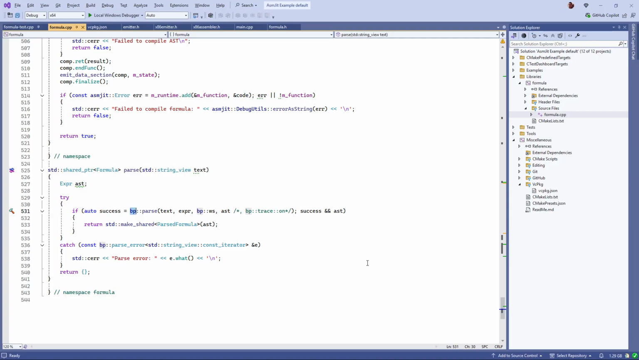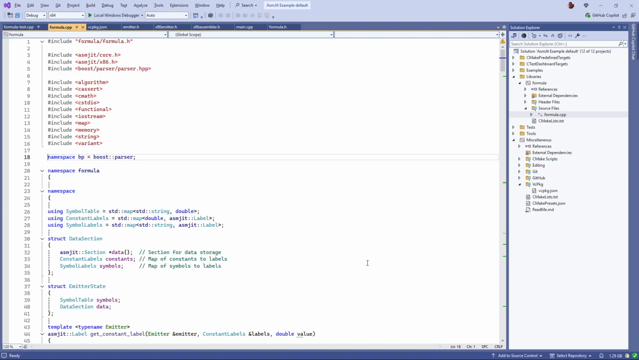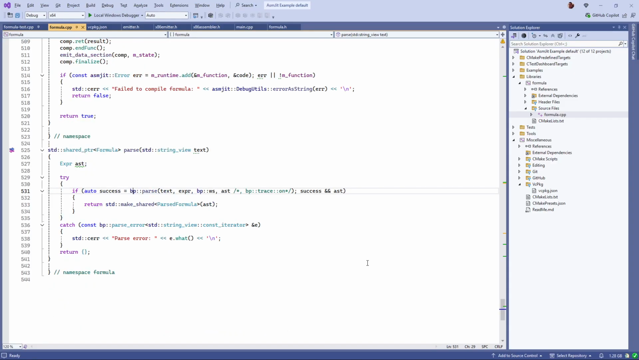this is this BP here. That's my alias for the boost parser namespace. So with BP we're going to call parse on the input text, and expr is my rule for this lowercase expr. In fact, let me turn off